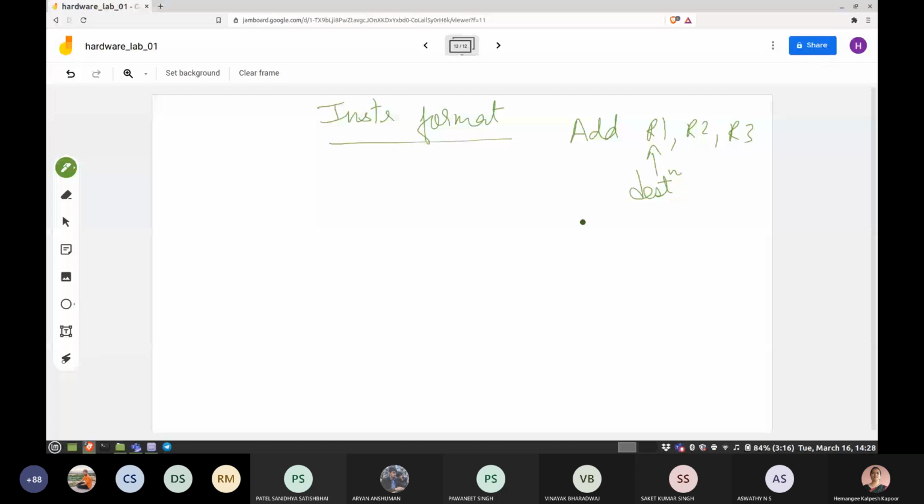Then there is an instruction add immediate, which says write the answer in R1, which has R2 plus some constant value, say 8. So it says contents of R2 plus the immediate value of 8, do the addition and write in R1. These are the two types of instructions. Then we can have and anything, right?